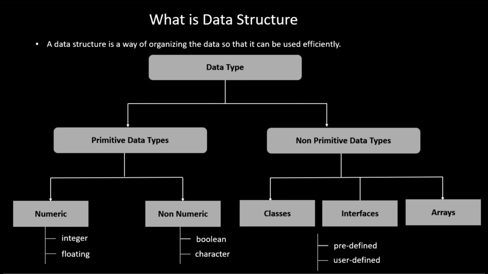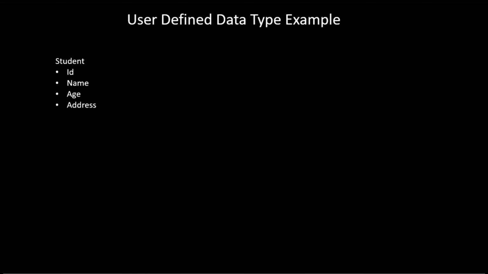Just now we saw one example, storing the book. Here the book is one kind of data, so the book acts as a user defined data type. Similarly, we can see other user defined data types like student. We need to create a student class with some set of attributes, whatever information we want to store about the student. So here it acts as a user defined data type.